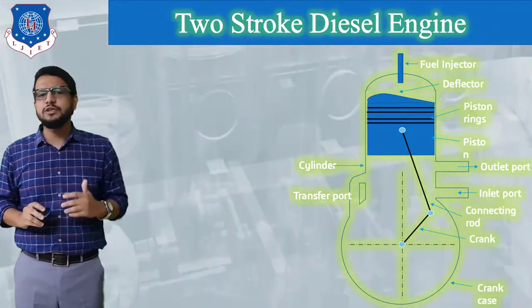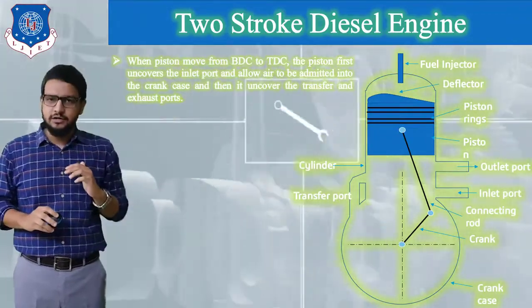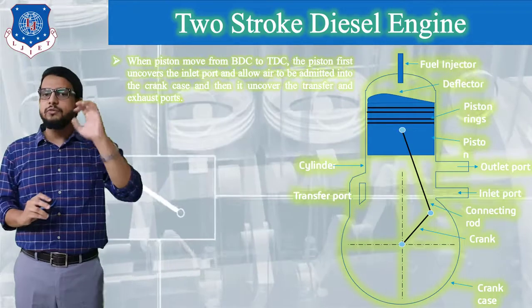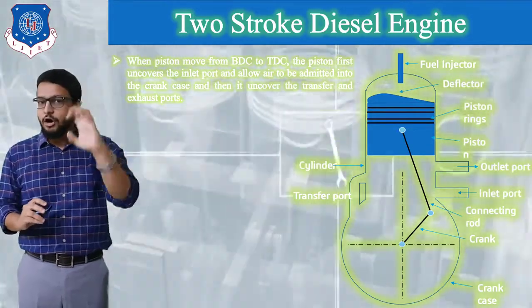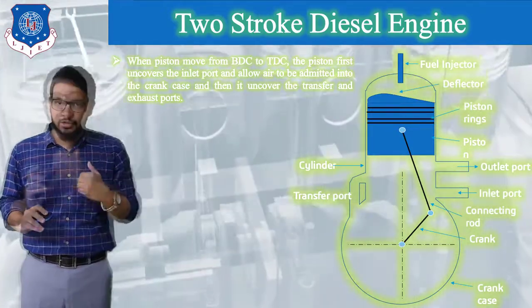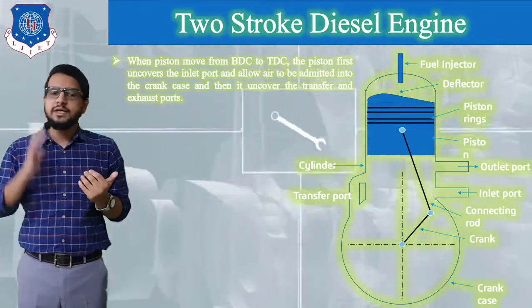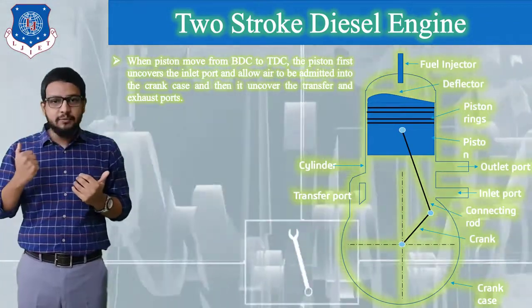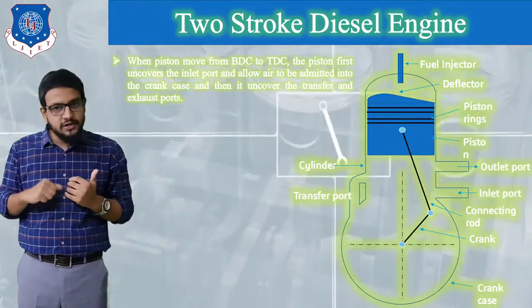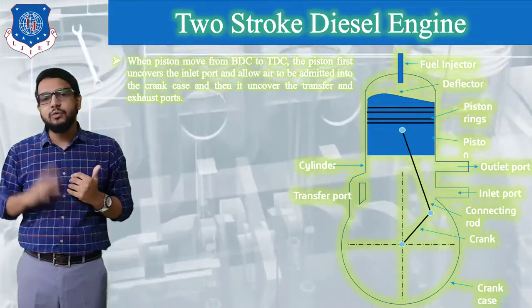Now in the second stroke, which is going to take place from bottom dead center towards top dead center, what is going to happen? It is quite predictable, right? The air which is present on the top side of the cylinder will be compressed due to the upward motion of the piston. When the piston starts to move in an upward direction, on the bottom side of the piston suction will take place, which means partial vacuum is created, a pressure difference will be established, and through the inlet port fresh air will enter into the crankcase.